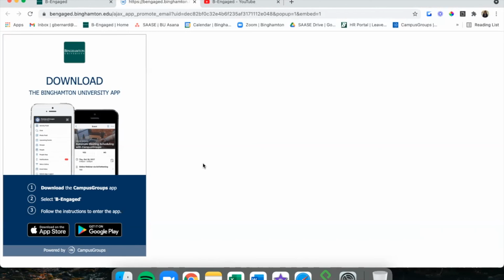There's so many benefits to using the Be Engaged app. Again, it's called Campus Groups, and it's free on the App Store and Google Play Store, and definitely a worthwhile investment to make. And there really is, in terms of money, there's no investment, but in terms of time, there's a little bit of an investment to download it, to log in, and to explore a little bit and get the lay of the land.